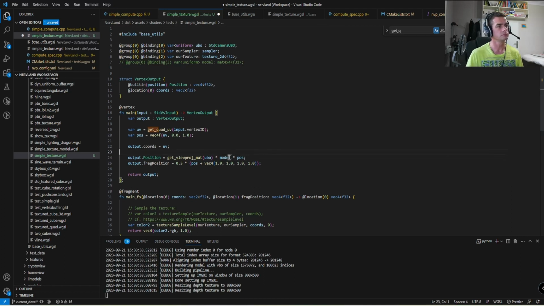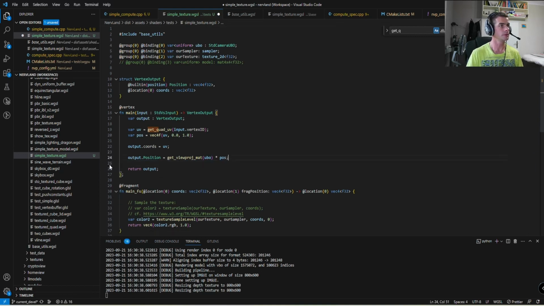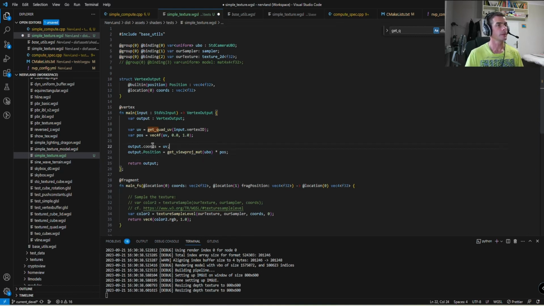Yeah, I mean, not used. I just remove that, and you just transform the position using the view projection matrix. And the frag position, that's not really relevant, not needed for anything, so we can remove it. And after that, you will reach the fragment shader, and when you're in the fragment shader, you only have to